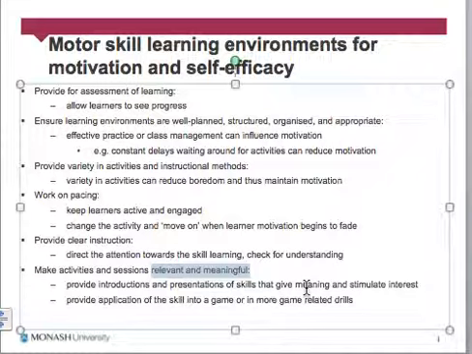So you want to choose your activities quite carefully and think about how you might take what they've got and build on it in different and exciting contexts.